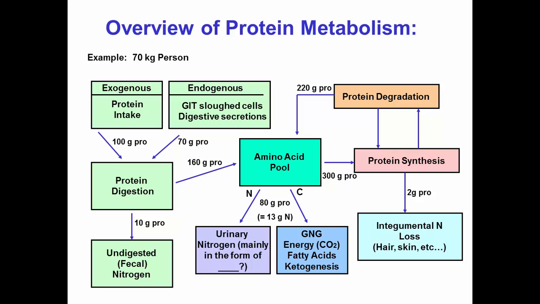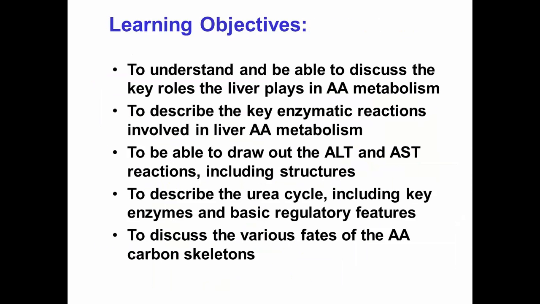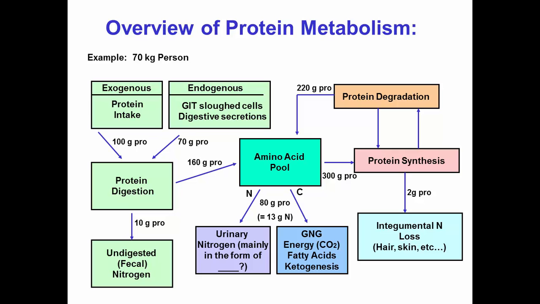We can talk about, of course, the body is multifaceted, with a lot of different tissues. We're going to focus, by the way, on this map. When we talk about amino acid pools and metabolism, we're going to talk about the liver, the intestines, muscle, and kidney, and then we're going to talk about inter-organ interplay with glutamine metabolism because it's pretty interesting, at least I find it interesting. But we're going to start with the liver.